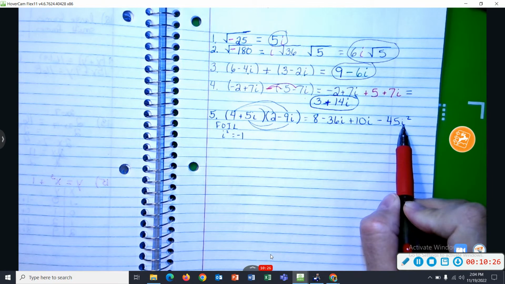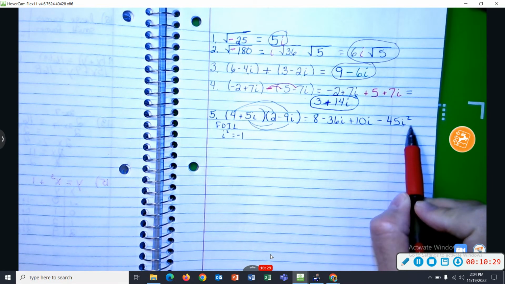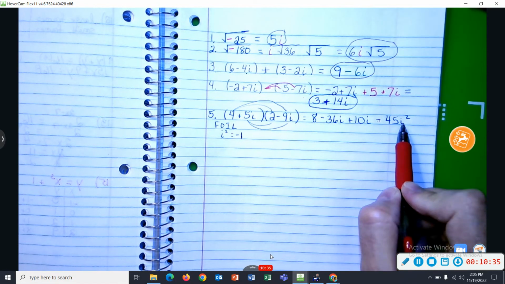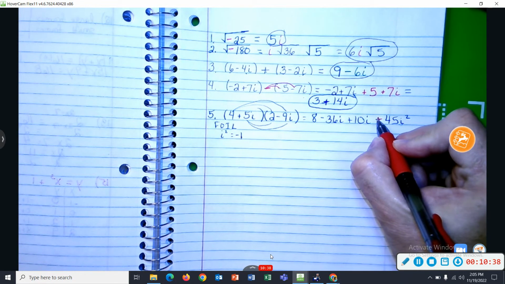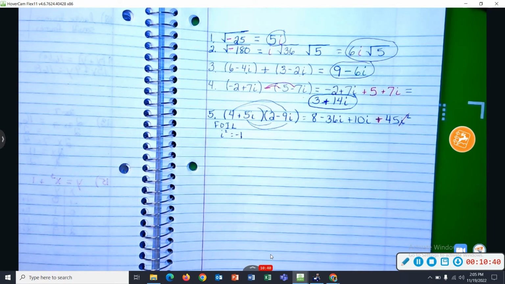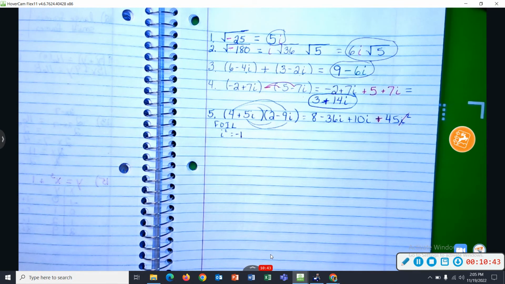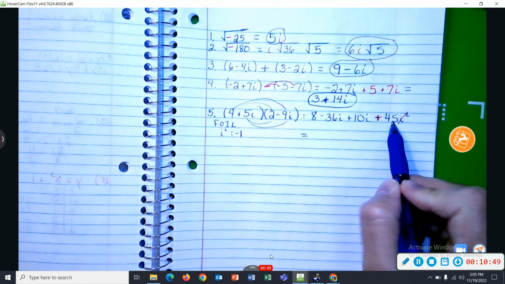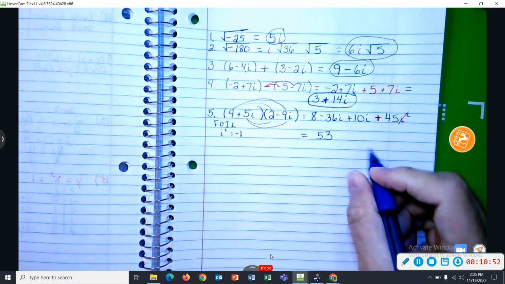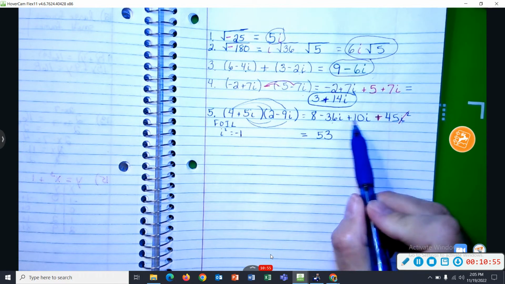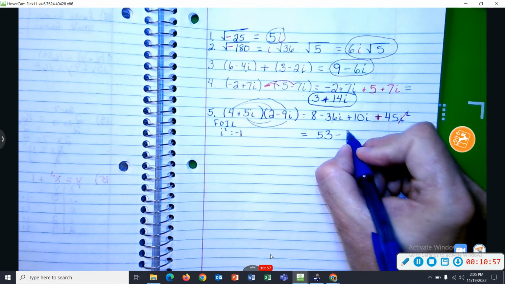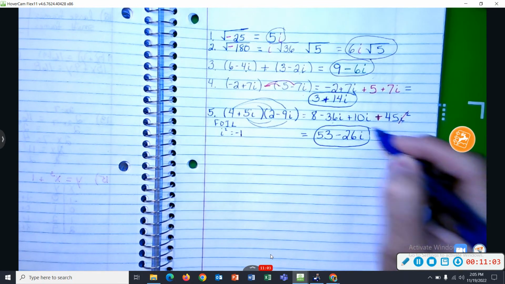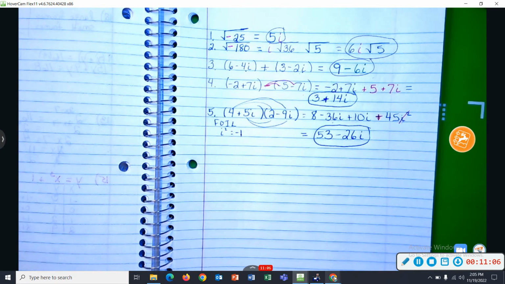Before we combine anything, if we replace this i squared with a -1, -45 times -1 is just going to be a positive 45. So change the sign on the 45 and the i squared is gone. And now add 8 plus 45 is 53. -36i plus 10i is -26i. So 50 minus 26i,